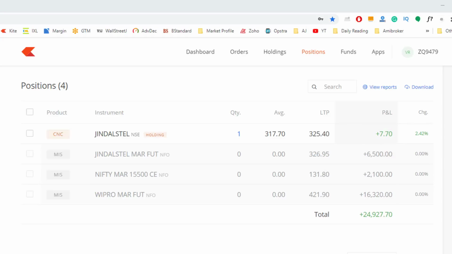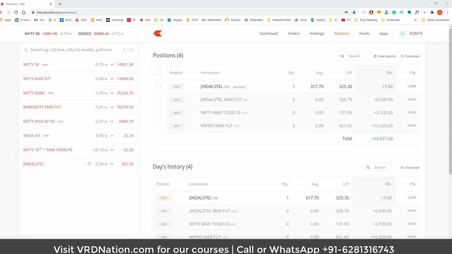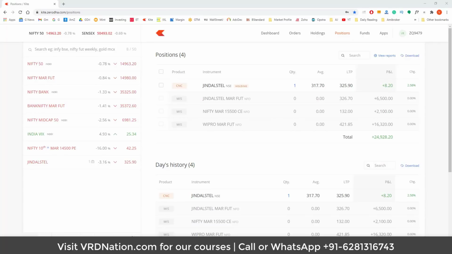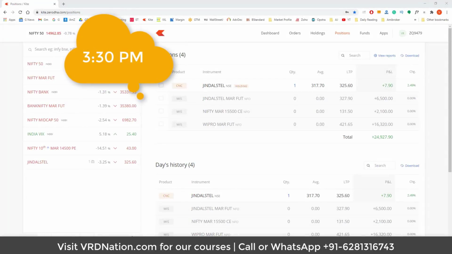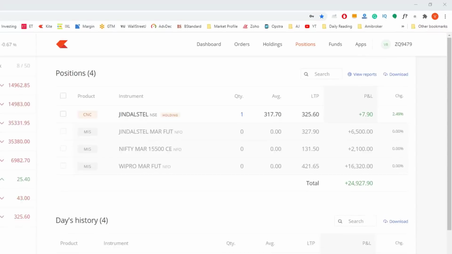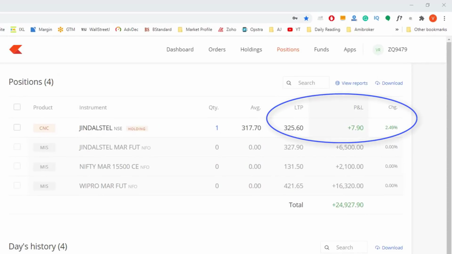So let us see what happens at 3:30. The market is currently trading, as you can see, but the moment the market stops trading, we will see what will happen to this profit. So just keep an eye on this 8.2 or 8.15 rupees, whatever it is right now. Let us see what happens when the market closes. So right now this is 3:30. As you can see, the market has stopped trading and my profit at the moment is 7.9 rupees. Let's see what happens after a minute.